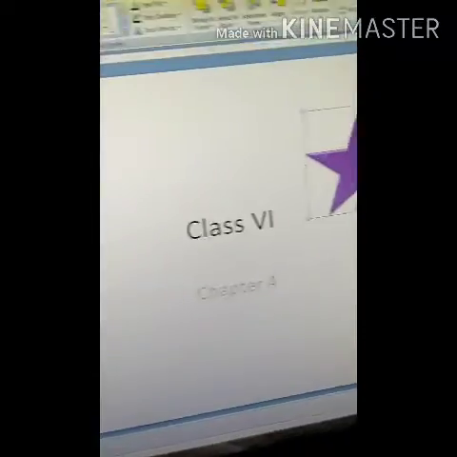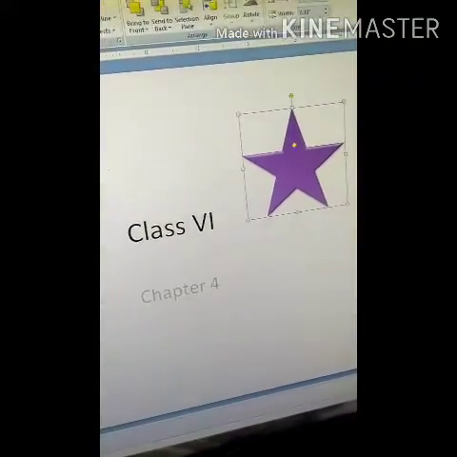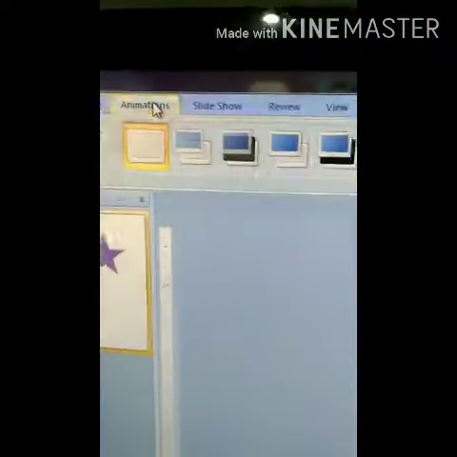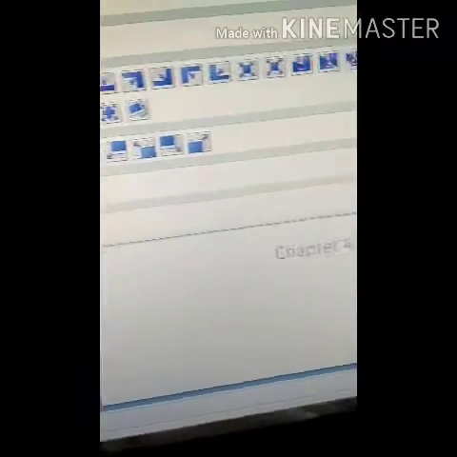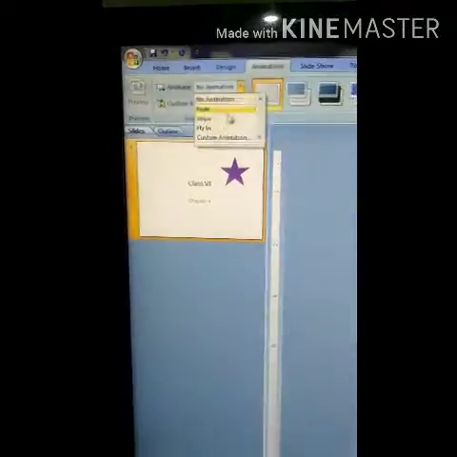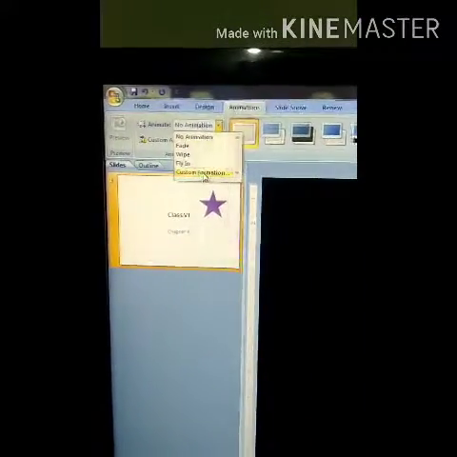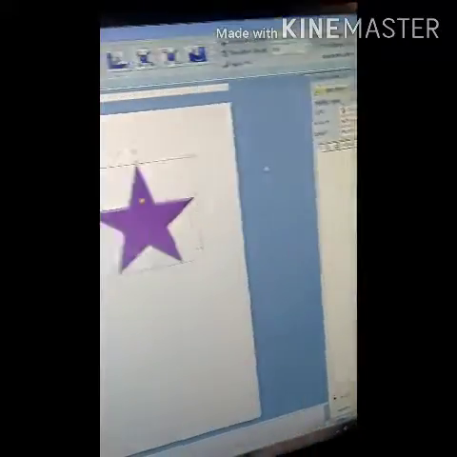In this, now you see, come to the animation option. In the animation we can take any animation, suppose this animation. Click on custom animation and at the right side you see add effects, and we will click on spin. We will set the timing here.